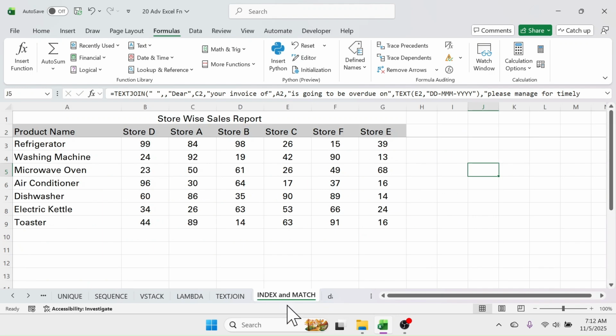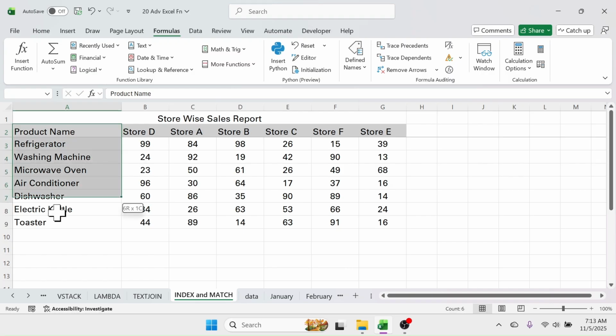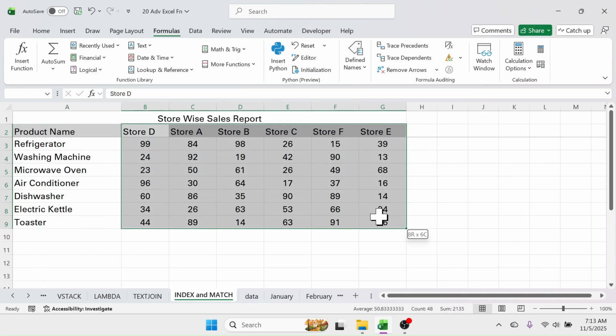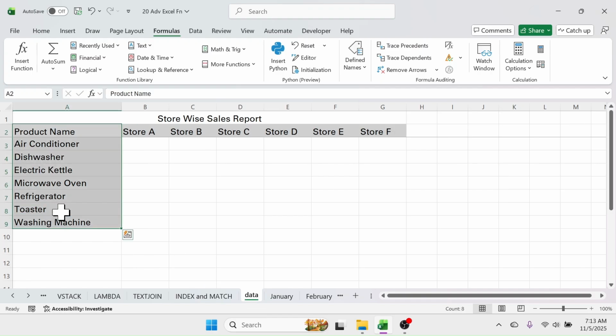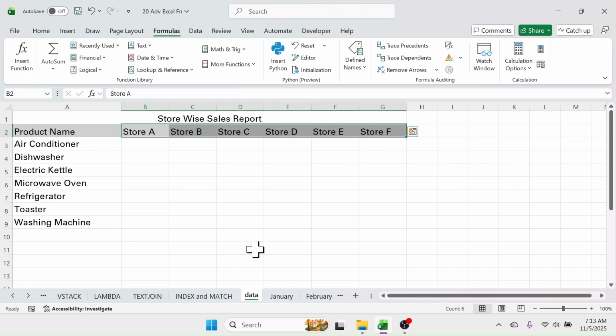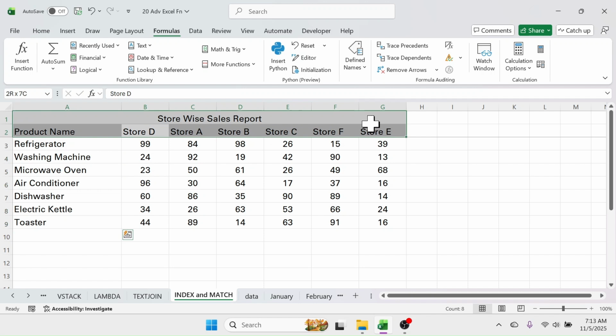The next function is the INDEX and MATCH function. This INDEX and MATCH function is a very powerful function for lookup operation. In this sheet I have the products' names and their sales report in different stores. The requirement is to pull the information of sales here in this another sheet, and that is the data sheet. Here I have the product's name and the store name. If you see in the source data, the product name and store name is not sorted in alphabetical order, but